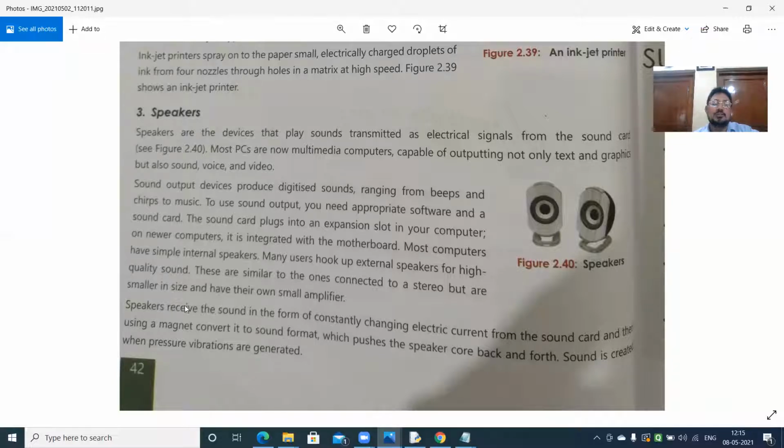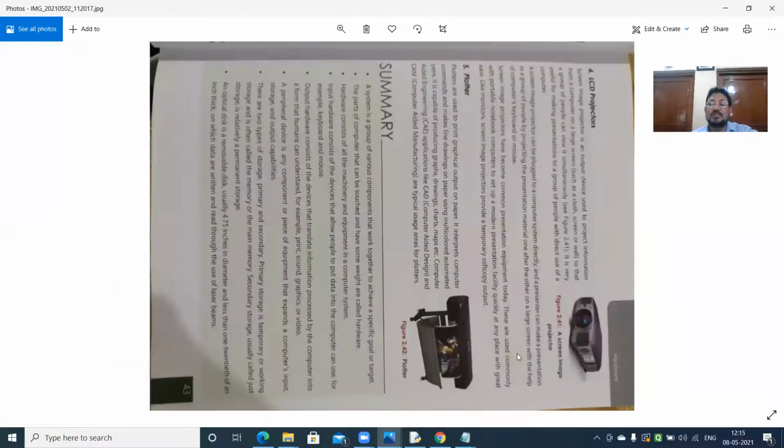I repeat: the speaker receives the sound in the form of constantly changing electric current, and then using a magnet converts it to sound format. That's why we use a magnet in a speaker, which pushes the speaker core back and forth. We'll come to the next point.